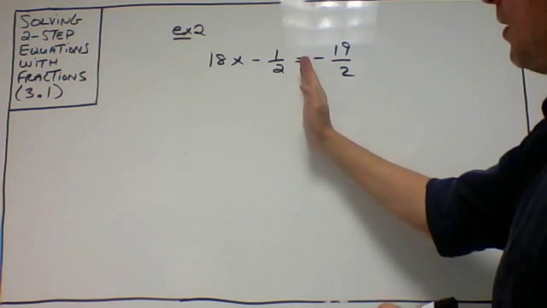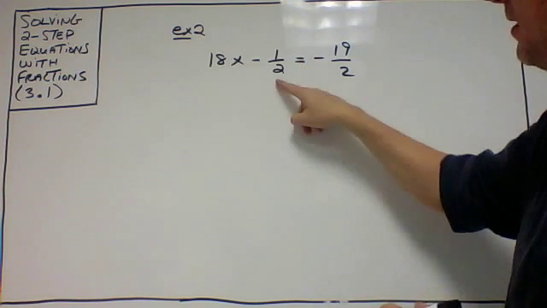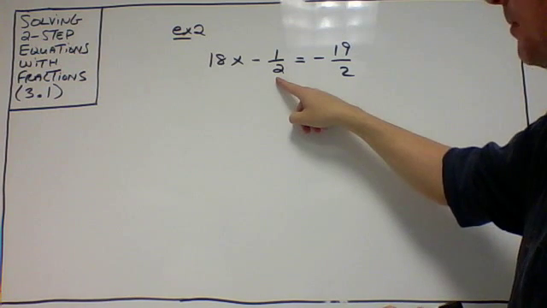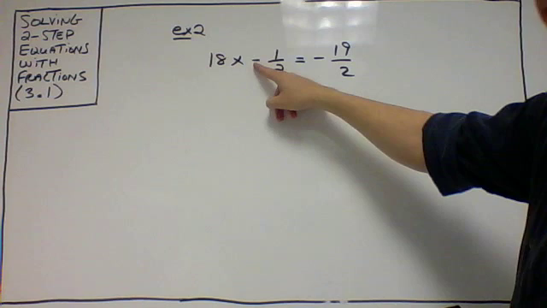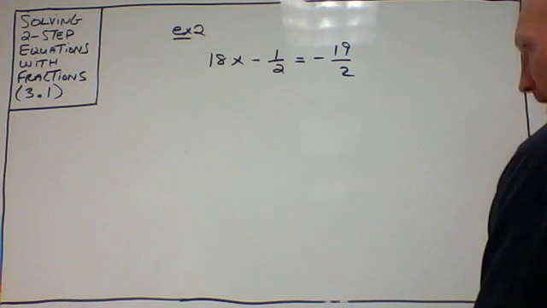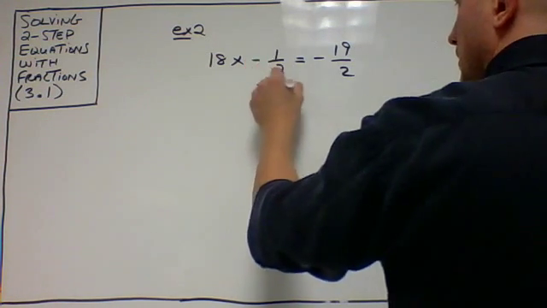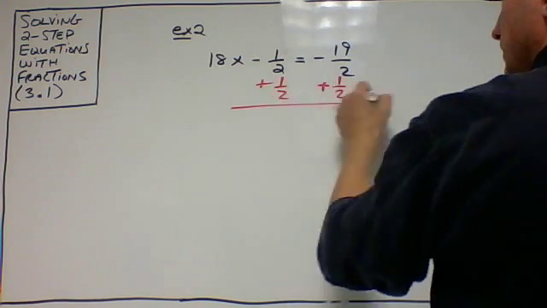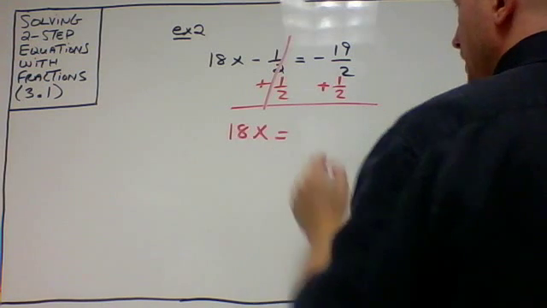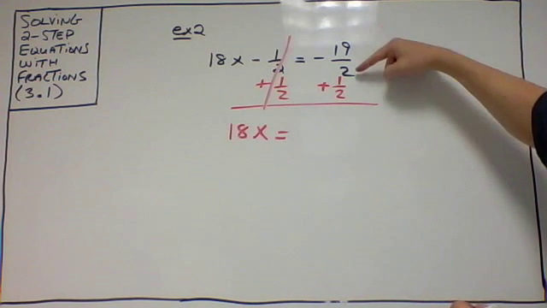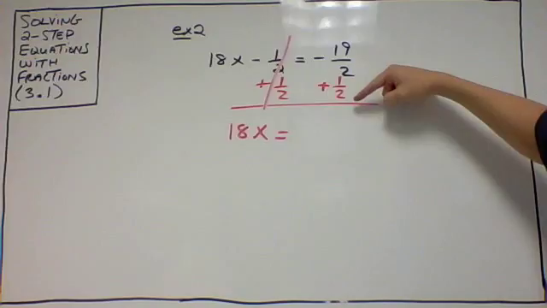First, again, go on the side where my x is, get rid of the term that does not have an x. This is going to be our adding and subtracting step. So the opposite of subtraction is addition. So we're going to add a half. That's gone. We bring down 18x, and now negative 19 over 2 and positive 1 over 2, they